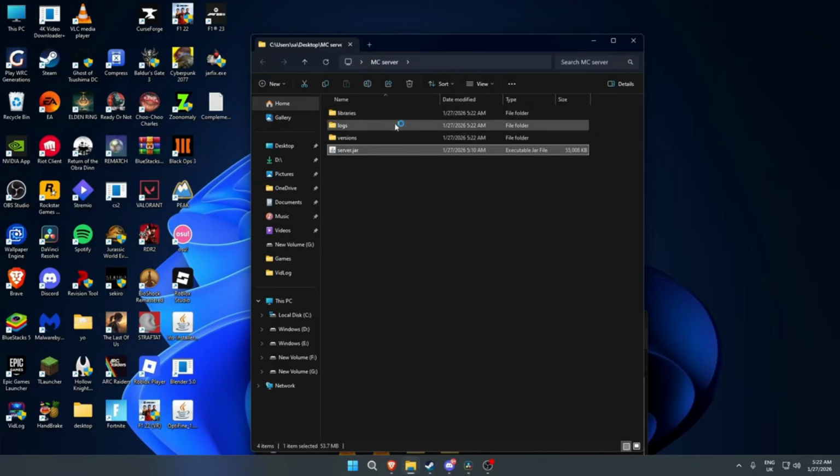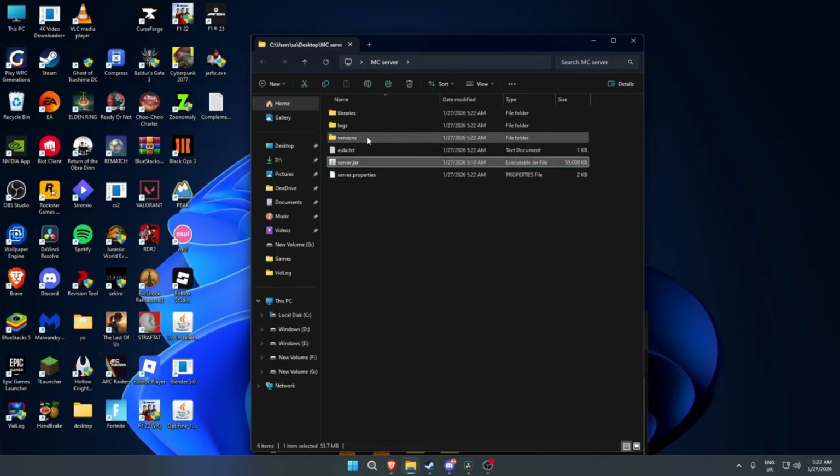This is what it usually does. It will end up creating new folders and new files. This indicates that the server.jar file is working and the server is being created. However, if this doesn't happen for you or your PC gives you an error, what you need to do is